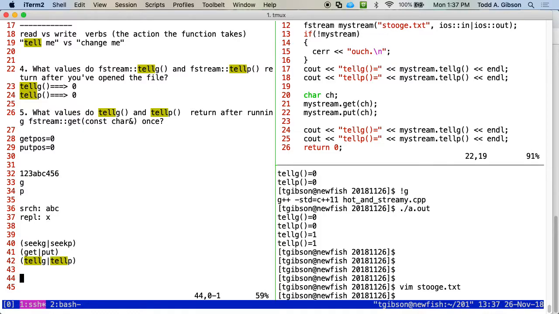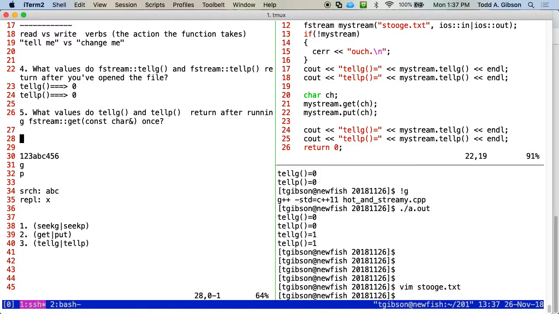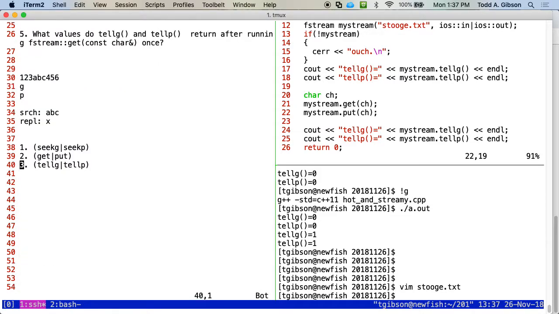All right, that's my order that I'm going to do things. Step 1, step 2, step 3, and these two, let me bring these two down here. All right, so first I do a seek g for get position.